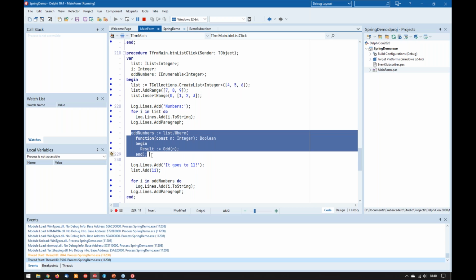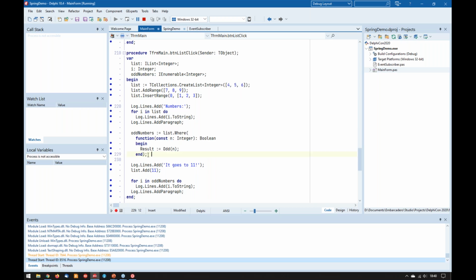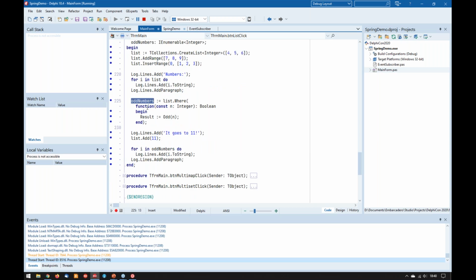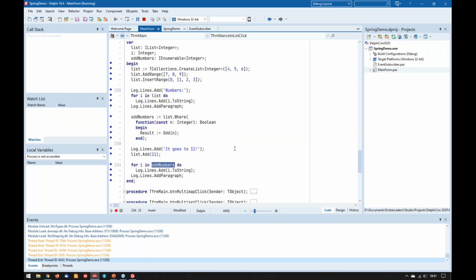And to show you about the deferred execution for the enumerable, in this case the where method, again, I want to have the odd numbers, but I assign it in this line here already. And then later I add some element to my list. And only then I iterate over the odd numbers enumerable. And in this case,